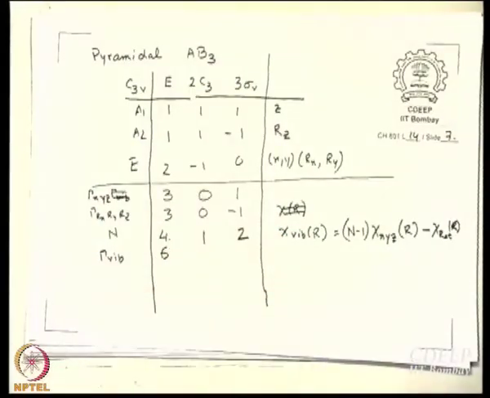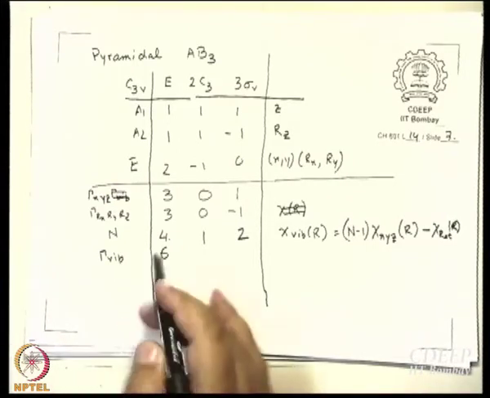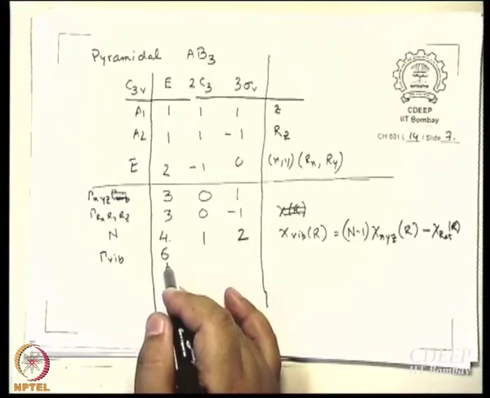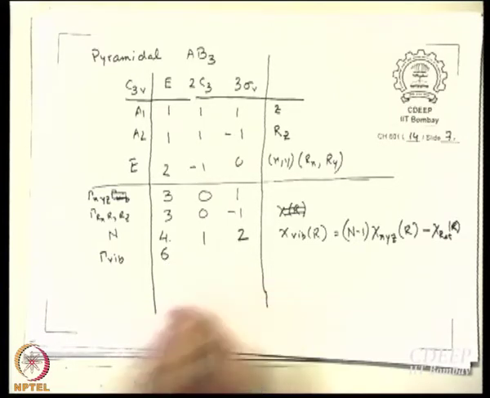Achha, how many normal modes should it be? How many normal modes should I have here? 3n minus 6, what is n here? N in the sense, what is the number of atoms? 4. So, 3 into 4 minus 6 is 6. It is the same as BF3, D3h. Okay, that was a planar molecule, this is a non-planar molecule, but they are not linear molecules. If it is a linear molecule, then only it will be 3n minus 5. So, 6. So, this is correct then, isn't it? Dimensionality. I have only 2 more to work out.